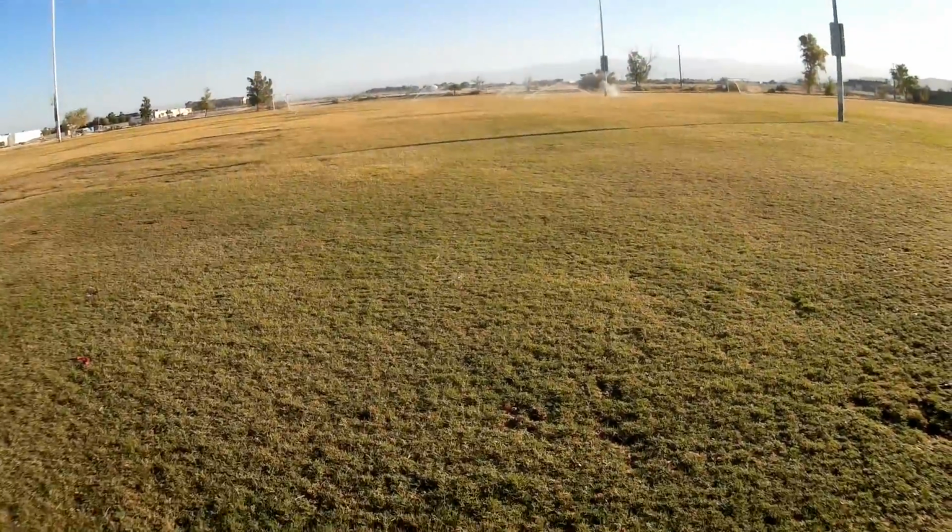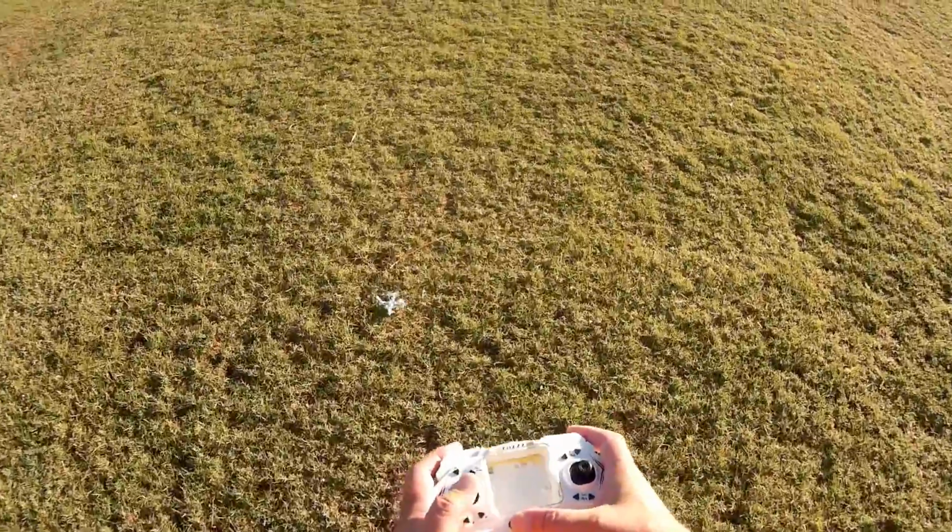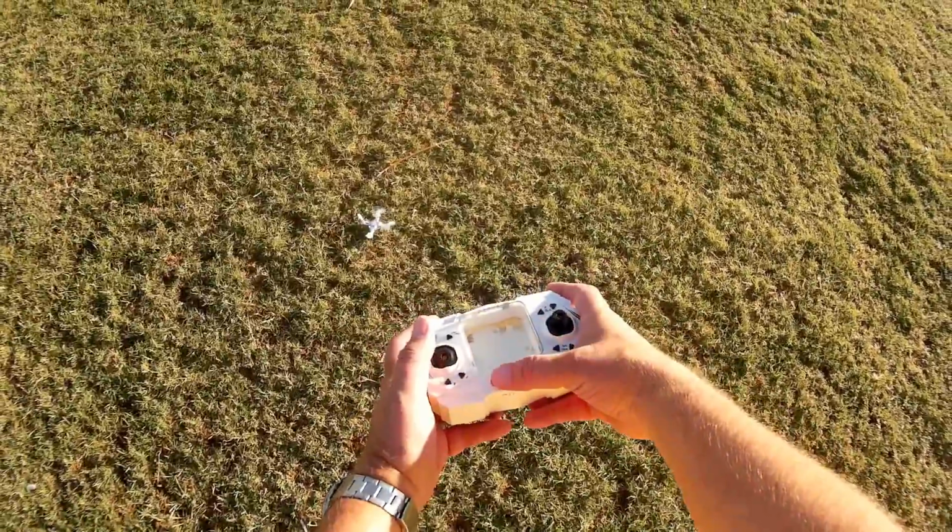Let's try one thing here. What if we lose reception from the transmitter? Let's give it a little throttle. Turning off the transmitter, 1001, 1002, 1003, 1004. Four seconds to